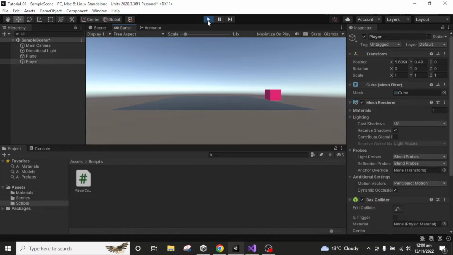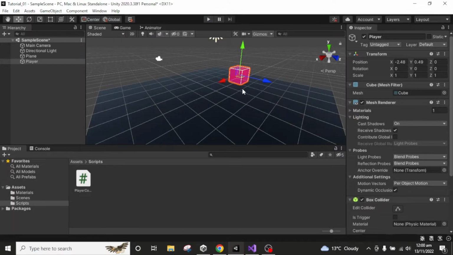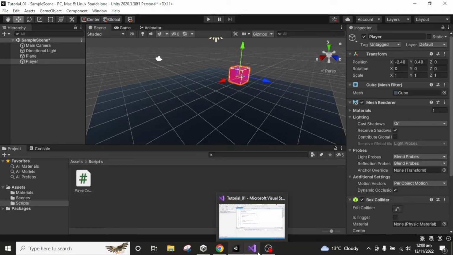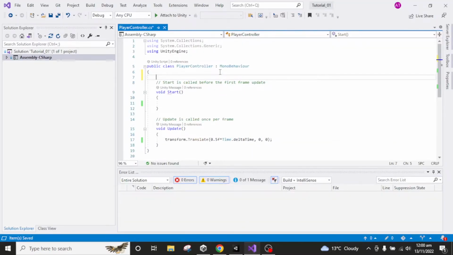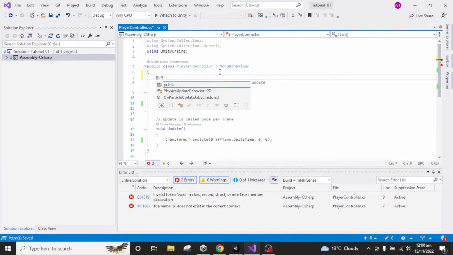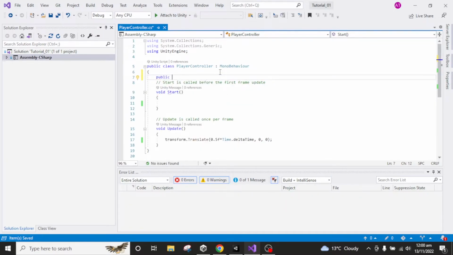Alright, it's moving by itself, but now I want to move my player when the user hits the right or left key. Then, and only then, I want to move my player, otherwise I don't want to move it. I can do it by using the input system that is built into Unity. I'm going to implement it, and let me declare it public first so that you can get an idea. Float